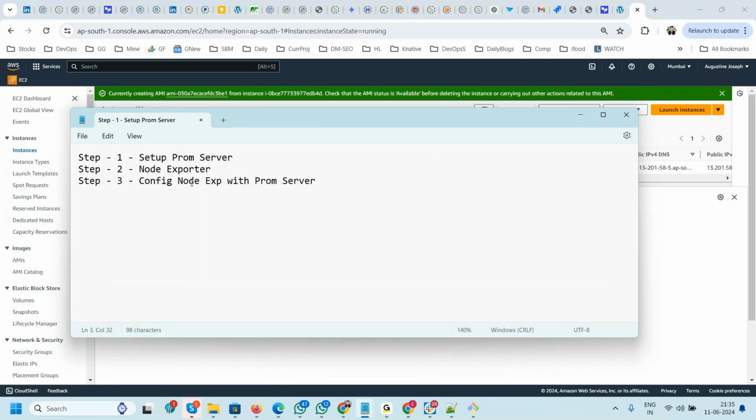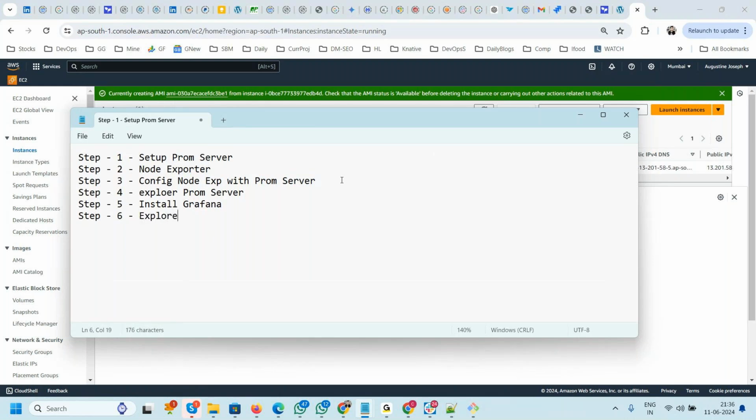Now we will explore the Prom server basic options, followed by step number 5, where we will install the Grafana server, because that is something we have for the visualizations. And then followed by step 6, we will explore the data